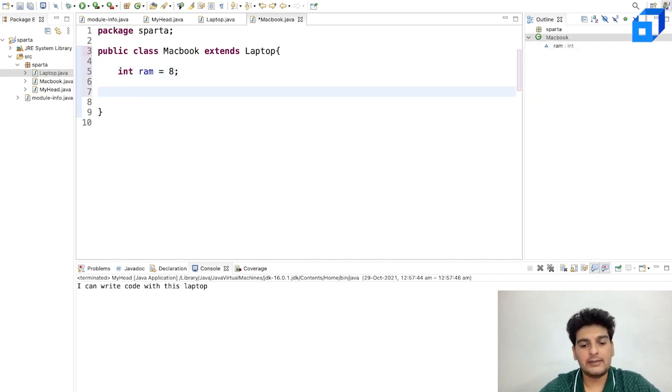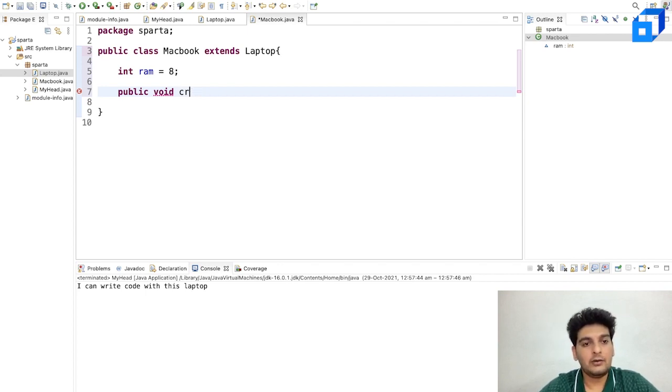And apart from this, I'll also add a method over here. I'll have public void. Now what can you do with a MacBook which you can't really do with other laptops? Well, what I can think of is designing maybe. So MacBooks are really good for design purposes.